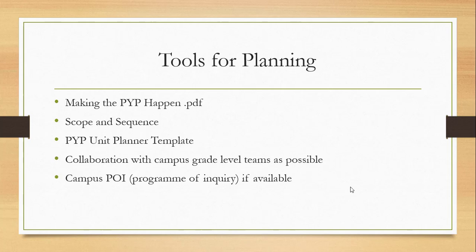You and your campus will ultimately make those decisions for planning based on the needs of your scholars, but certain elements do remain consistent. If you want to take a moment to find these planning documents, they're on Blackboard. You can pause this video and start it back up when you feel ready. The documents are available at the top of the sidebar on the Primary Specials Blackboard page labeled PYP Materials.